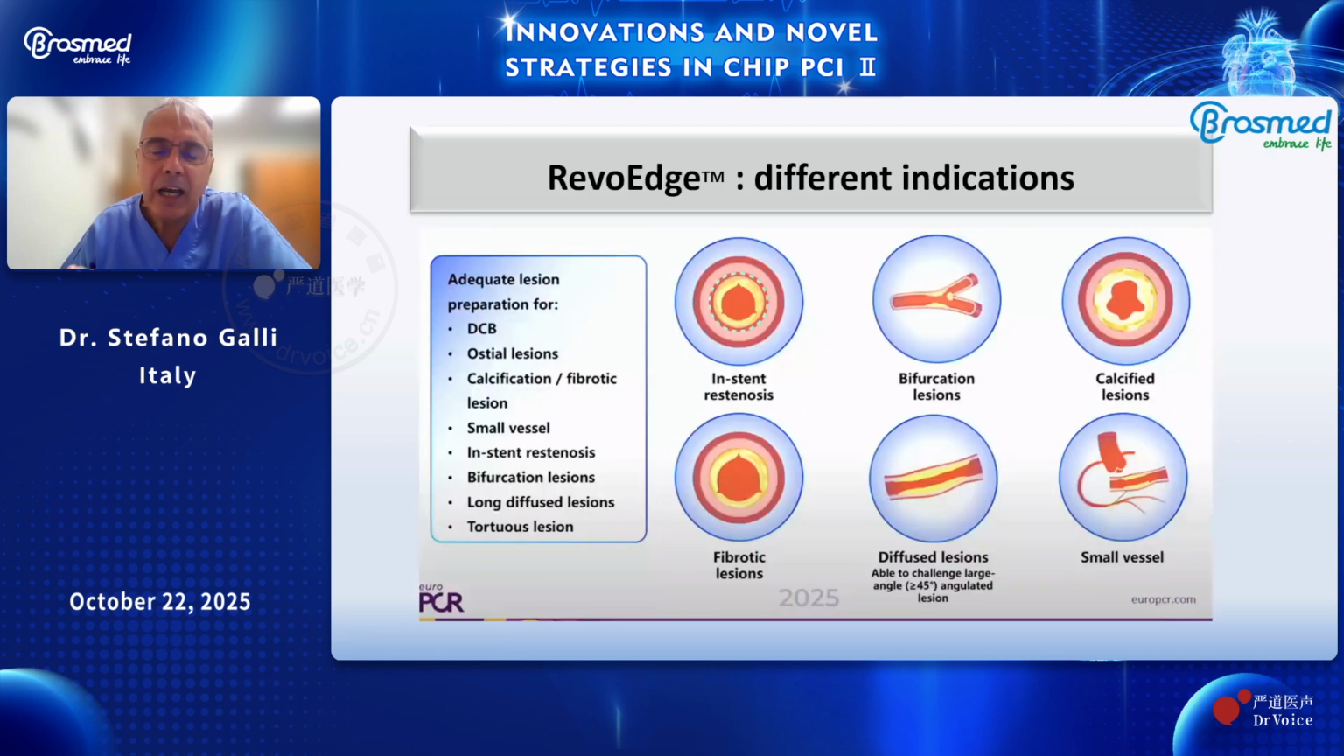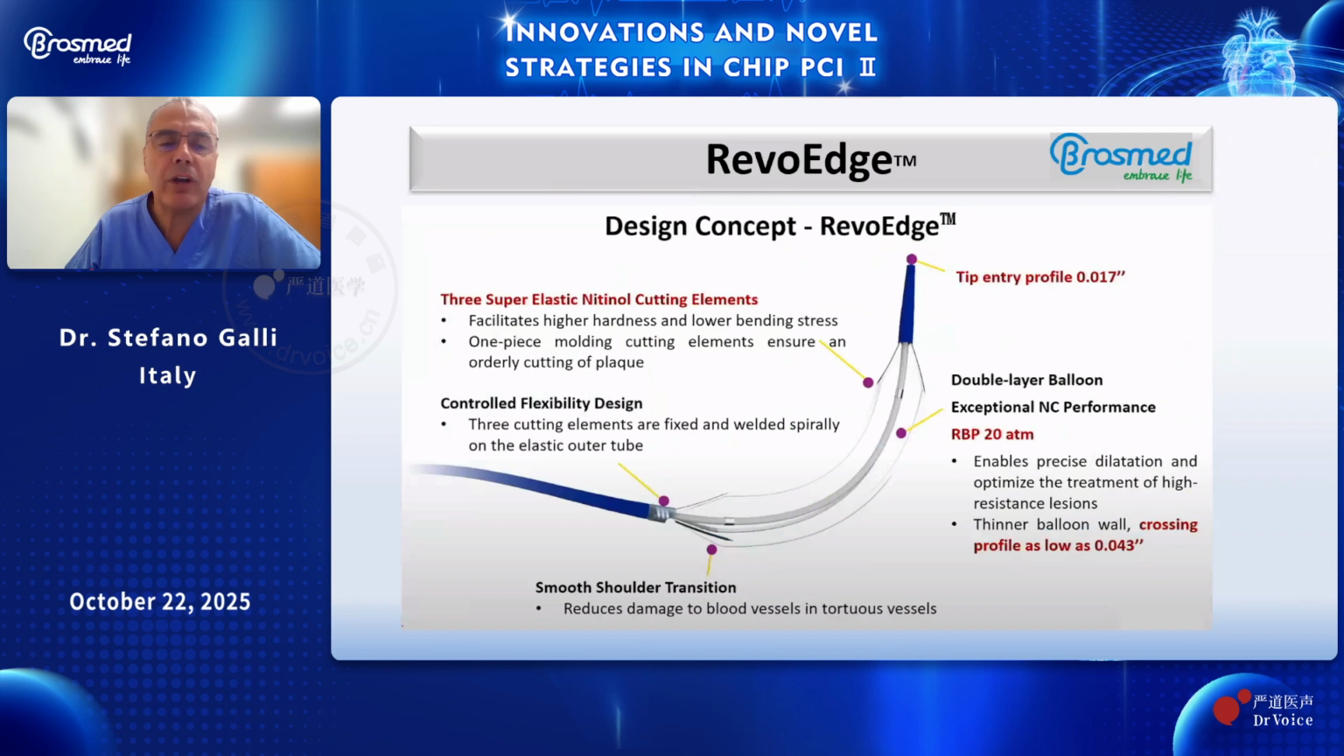BrowseMed, and I don't want to use a lot of time discussing the result, but this is a 6-point where probably the Revo Edge is a technology that we apply. What is Revo Edge? Revo Edge is a combination of, first of all, an NC balloon that is possible to inflate to 20 atmospheres. Second, the wire is not attached like a blade of the cutting balloon on the balloon, but it's free, attached only at the shaft of the balloon, and it's possible to increase